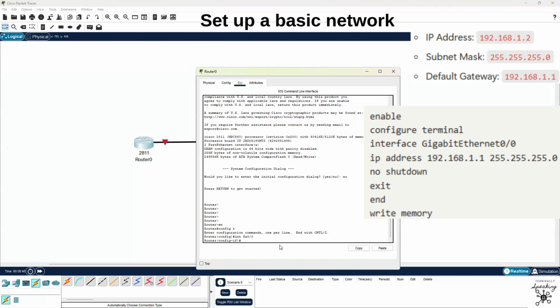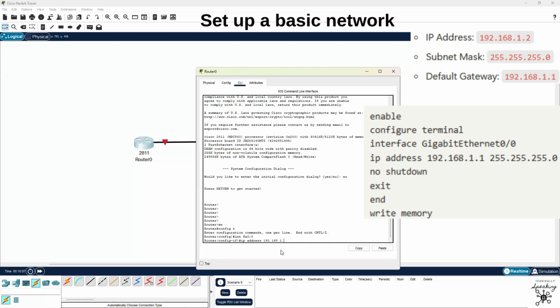And what do we want to do? The same thing we did with the PC, add some IP addresses. So let's do IP address, and we're going to do 192, and we're giving it the IP. This is the default gateway. This is the router's IP address. We're assigning it.